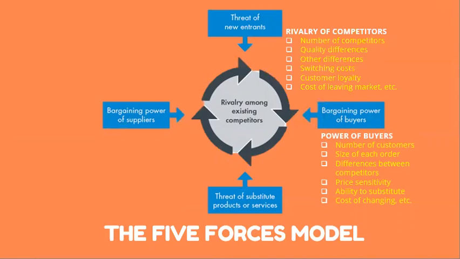The next one is the bargaining power of suppliers. And we should consider the following: number of suppliers, the size of suppliers, the uniqueness of service, ability to substitute, and cost of changing, etc. A company should realize that suppliers can easily drive up their prices. They can easily put control in a particular organization depending on how important or crucial the materials are to the